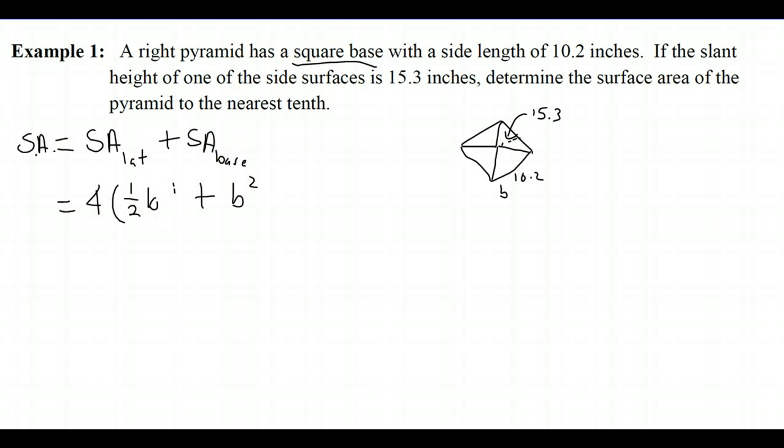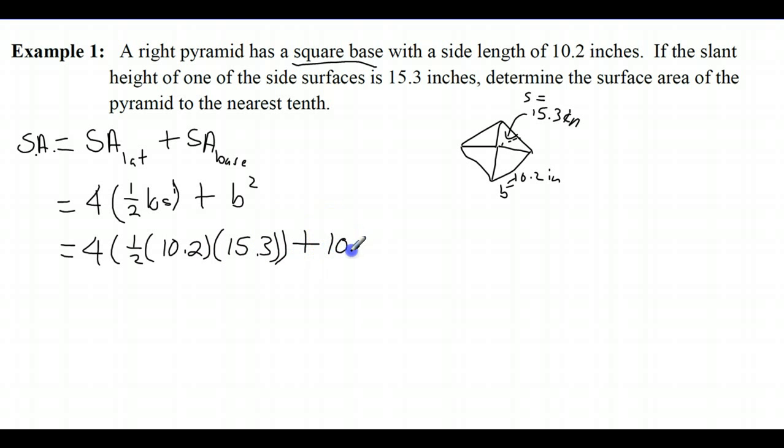Let's call that s for slant height. So s is equal to 15.3 inches, and b is equal to 10.2 inches. Okay, 4 times 1/2, 10.2, slant height 15.3,